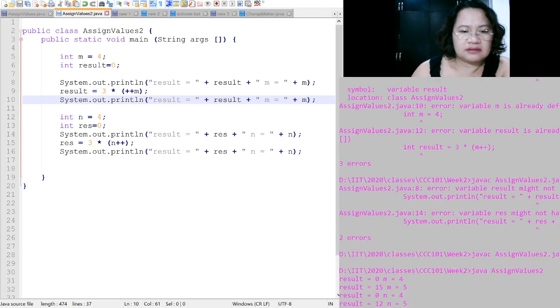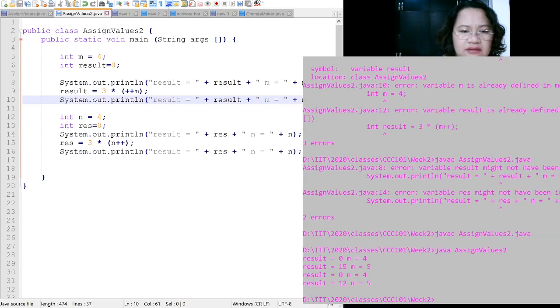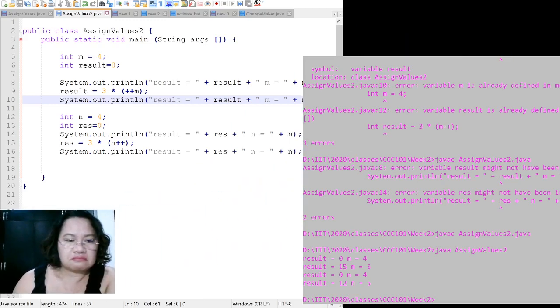Okay. So what you will see here is that the first line of output, result gets 0, m gets